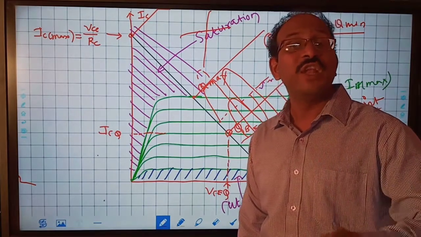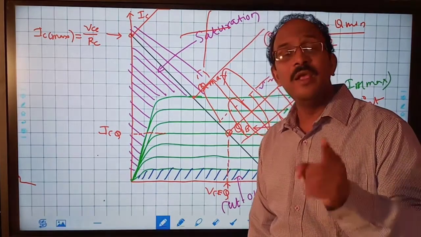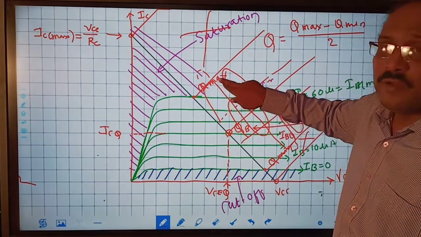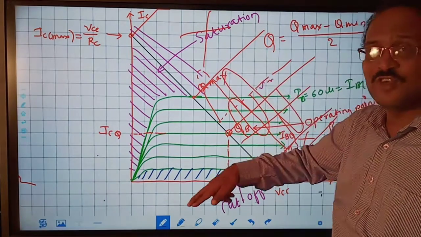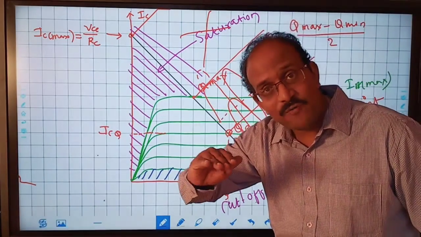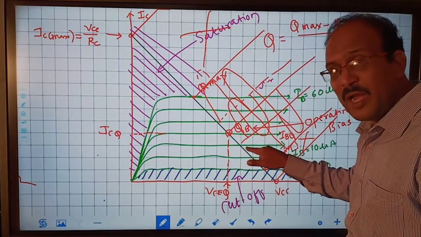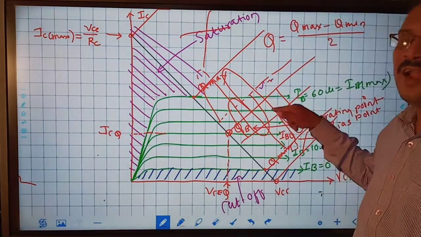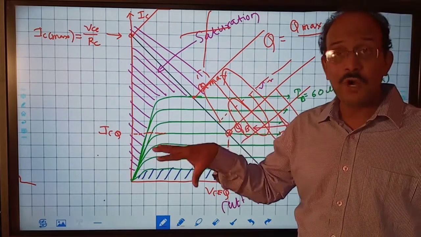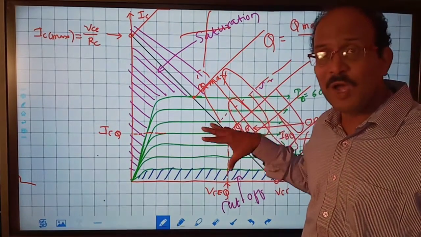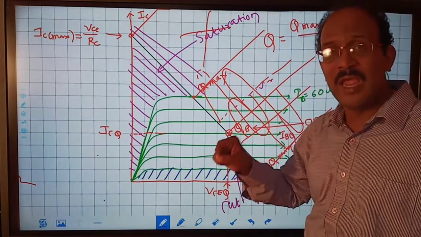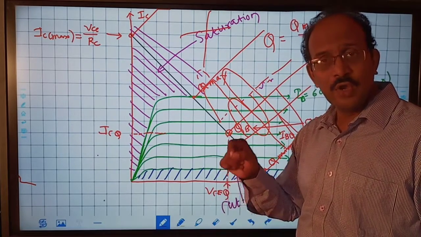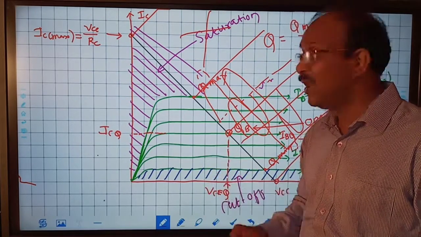So there is a question in the exam: what will happen if the operating point shifts up or down? If the operating point shifts up, the transistor will enter into saturation and we don't get a proper waveform. If the operating point shifts down, the transistor will enter into the cutoff region and we don't get proper output. For proper, faithful output, the Q point should be stable. That is called